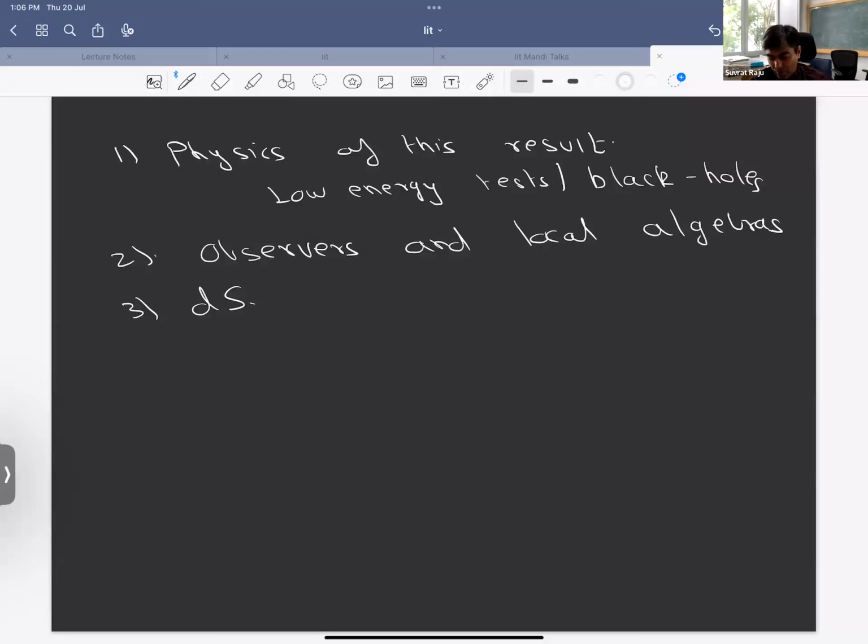We'll have to try and make this a little more precise when we talk about local algebras, because these won't really be algebras. So we'll have to say you can talk about some information that's confined to some local region that doesn't exist outside the region, provided you restrict yourself to some accuracy. So you'll have to say what that accuracy is.